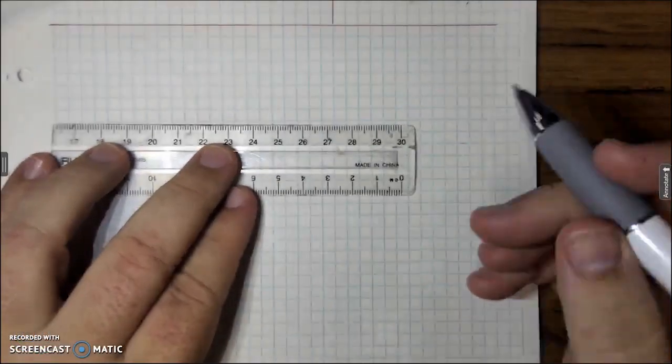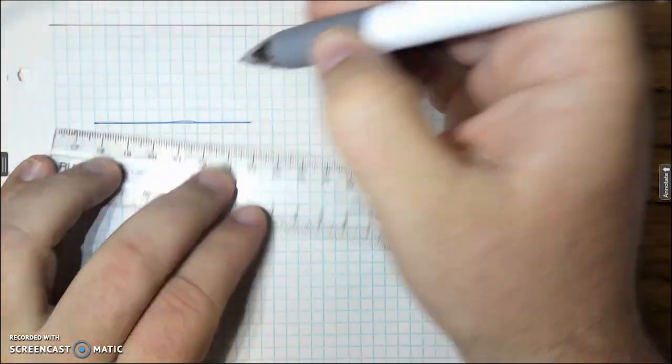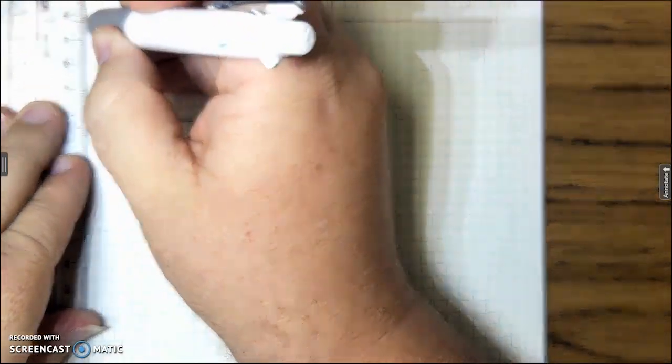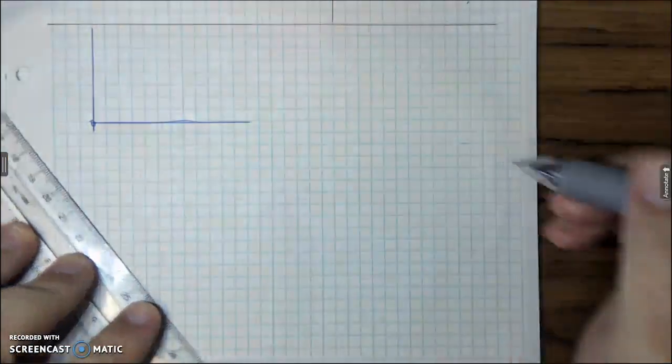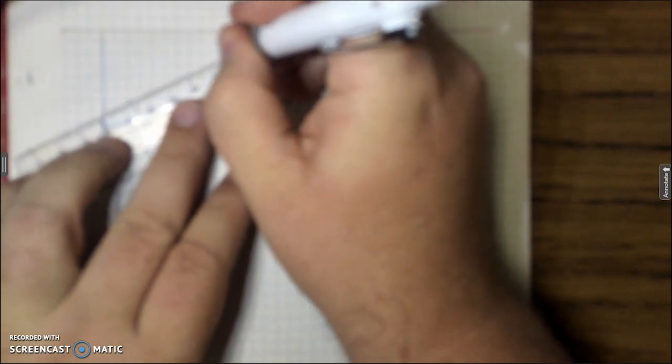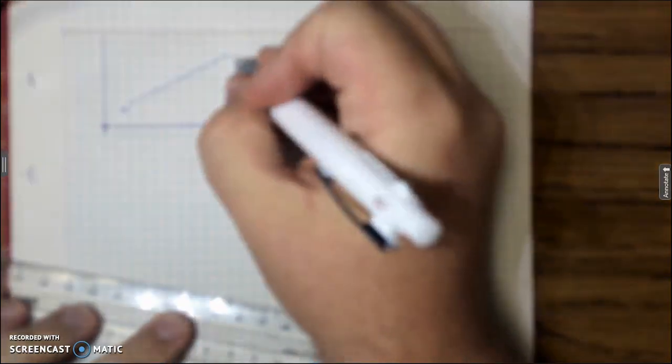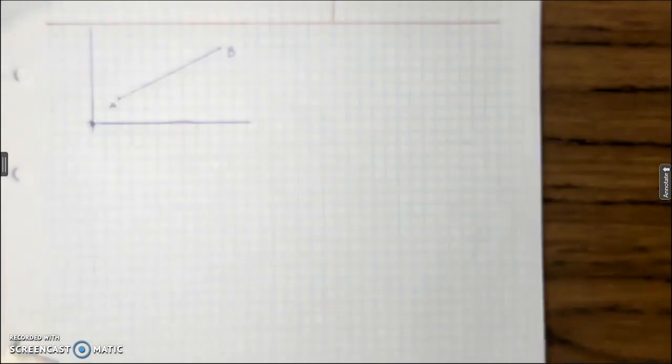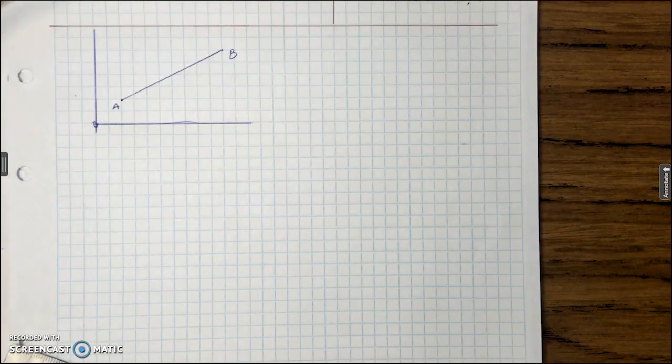So the next thing I want to talk about is another simple, easy concept to understand. Let's just say that that's my Cartesian graph. I have got a line here. I have got point A and point B. Now, point A and point B, well, if we were to look at the difference, once again,